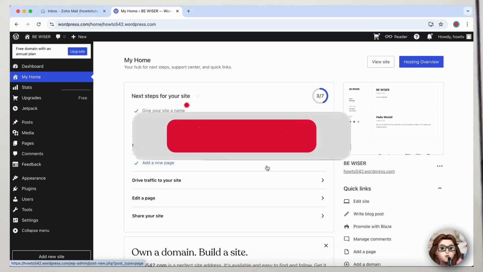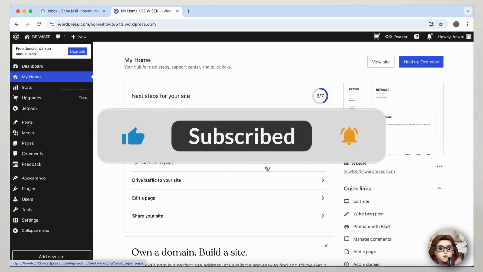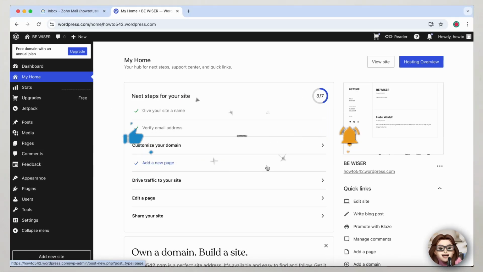In today's quick guide, I show you how to create or edit posts and pages using the Gutenberg Editor in